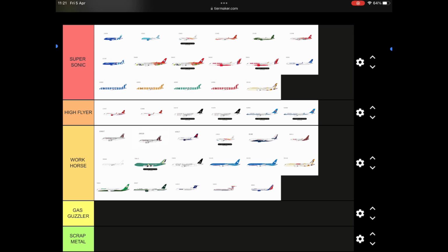You know, it can be frustrating. I agree. And if you don't like American or Chinese airlines, this batch probably isn't going to do a lot for you. But there is actually a decent diversity amongst what is on release here. And you've got to remember they're releasing a lot more models than everyone else. So even if you can discount half of this release set, as I pretty much have by putting them in Workhorse, you've still got 20 or so models which are looking pretty good and are fairly unique and